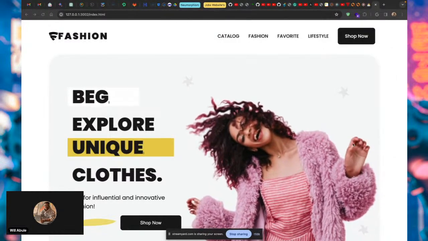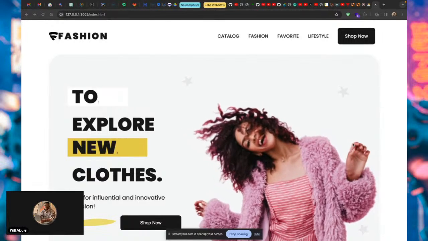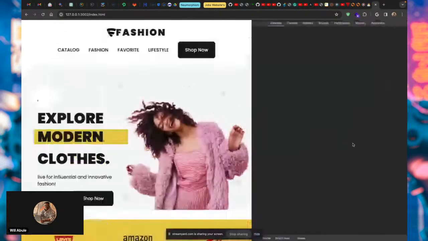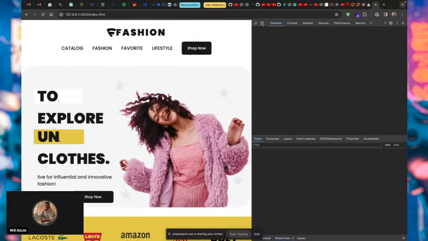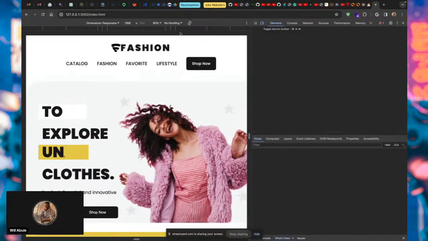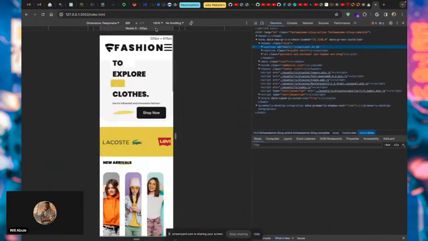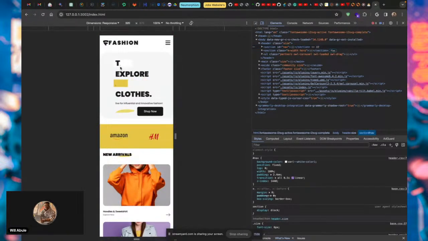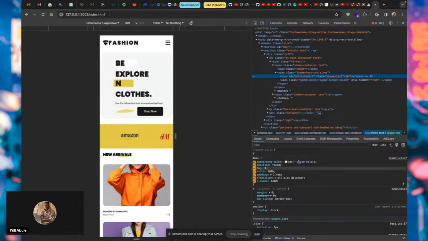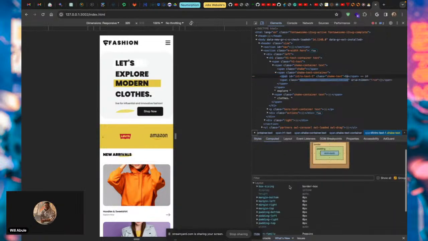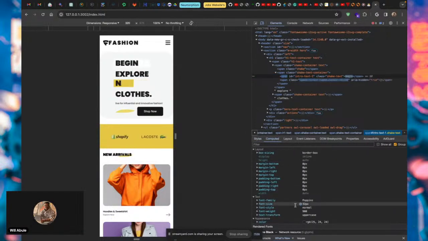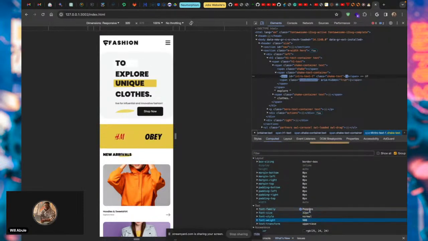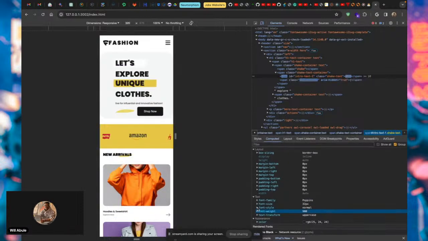So let's look. I want to do something. I'm going to make this thing smaller. When it is small like this, you can see the font reduced in size drastically. If I click on this, you can come to computed. You can see our font size here is showing 32 pixels. And if you're wondering how it calculates this 32 pixels, if you expand on the font here,